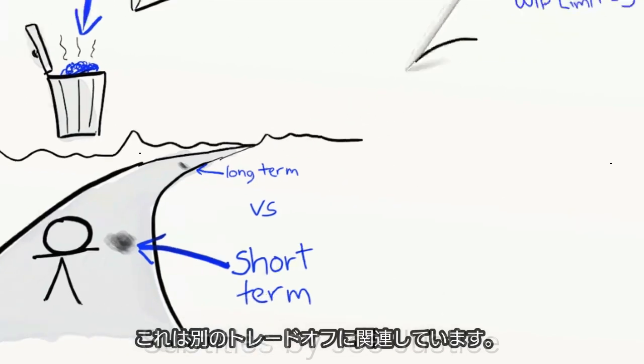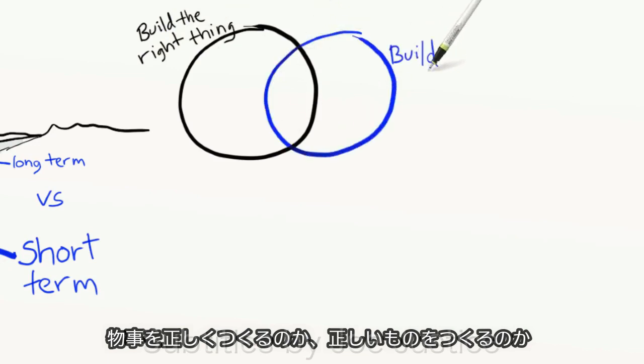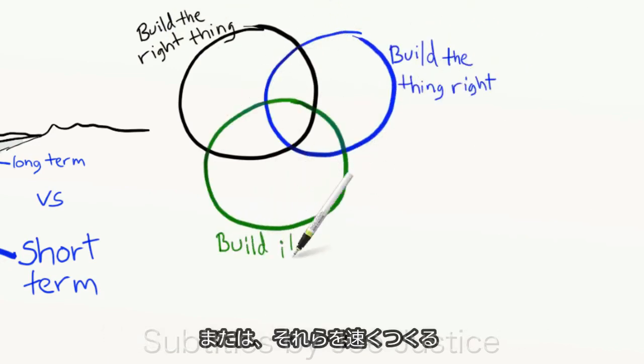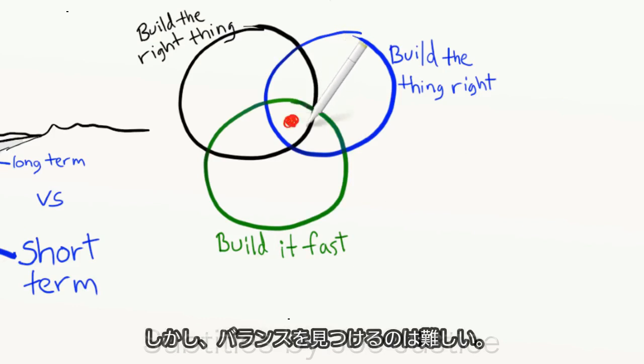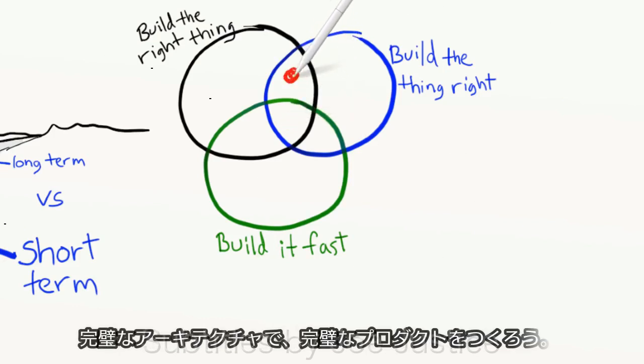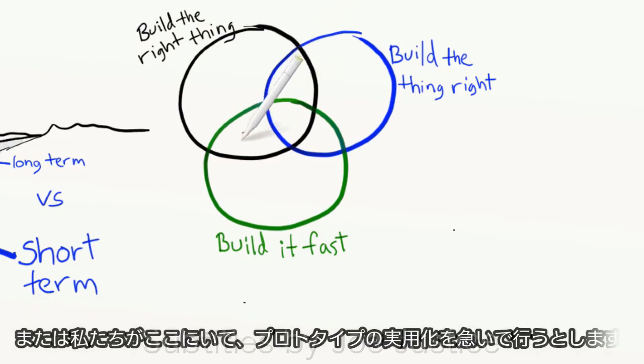And this relates to another trade-off. Should we focus on building the right thing, or building the thing right, or perhaps building it fast? Ideally, we want all three, but it's hard to find the balance. Suppose we are here, trying to build the perfect product with the perfect architecture. If we spend too much time trying to get it perfect, we may miss the market window or run into cash flow problems. Or suppose we are here,